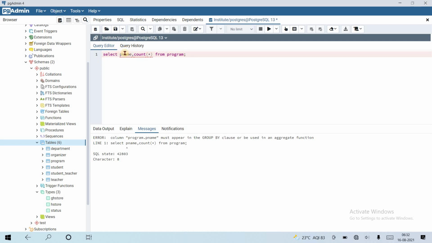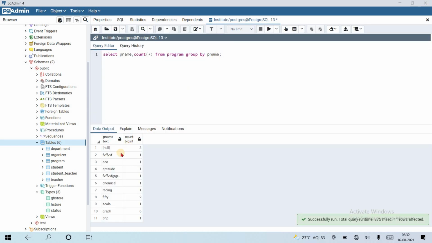So we are putting this pname in the group by clause, group by pname. That's it. So echo 1, aptitude 1. Here you can see that graph there are 6.